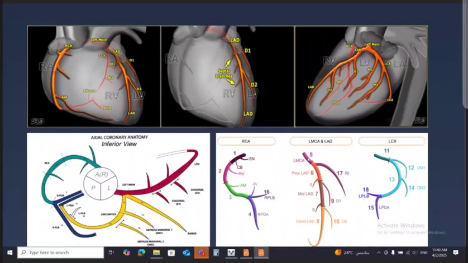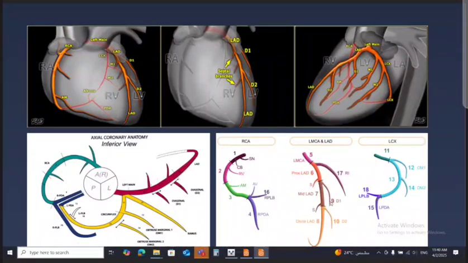The left main trunk is segment number 5. The proximal, mid, and distal left anterior descending segments are segments number 6, 7, and 8. The proximal segment is demarcated from the middle segment by the origin of the first large septal perforator and first